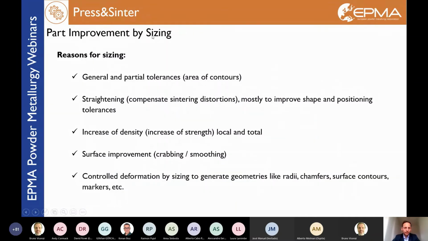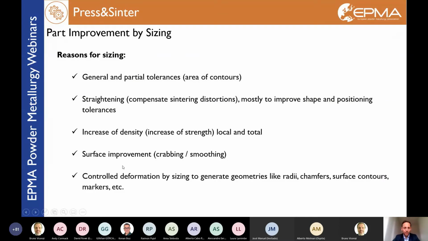Why do I need sizing? I need sizing for optimizing general and partial tolerances after the sintering, when the part gets deformed. If I need to straighten the parts, obviously even the flatness and the planarity get worse after the sintering, so I can re-improve. If I need to re-densify, as we heard in the presentation from Professor Molinari, in order